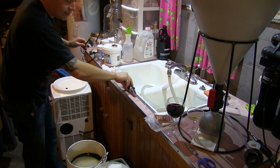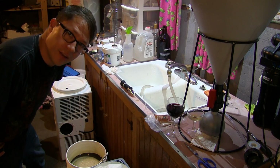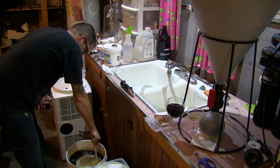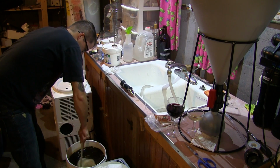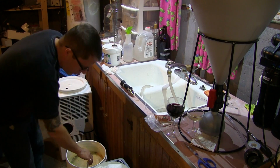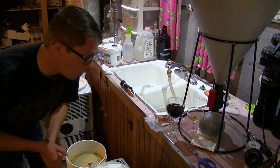Okay, it's still 1074. That's a lot higher than I thought it would be. And we are at the 5-gallon mark. So, could be some extras here, but you know what? I don't even have the instructions here. What we're going to do, it is right at that 5-gallon mark, so I'm going to go ahead